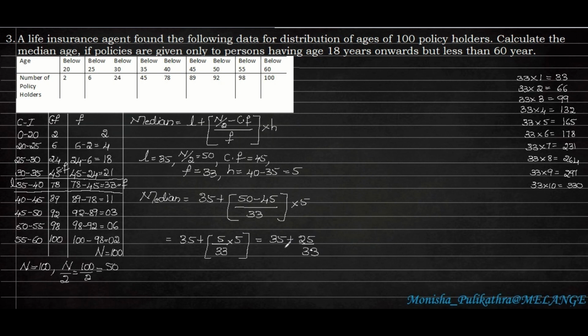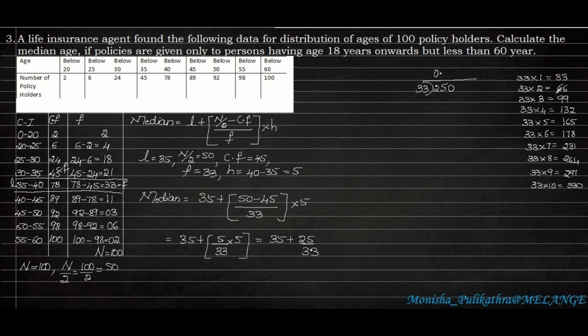So either we can take the LCM of it and calculate, or else we can divide this fraction, that is 25 divided by 33. So I will be dividing this, that's why I have written the 33 table here. Okay. So we need to divide 25 by 33. Okay. So 25 is not divisible by 33. Therefore, we have to write a 0 point. Okay. So 0 point, then we have to add a 0 here.